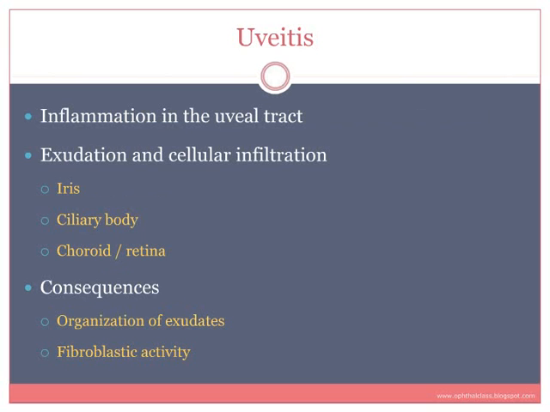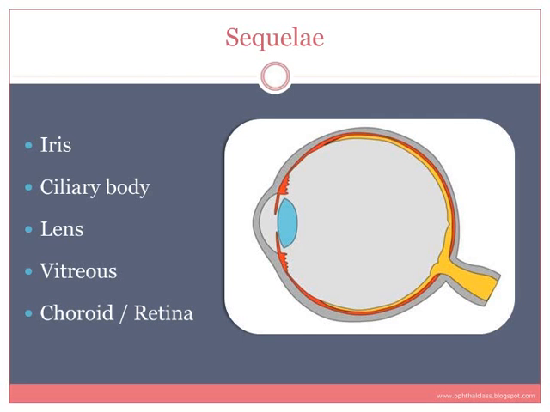Inflammation in the uveal tract is uveitis. This results in exudation and cellular infiltration of the uveal tissues. The tissues are iris, ciliary body, choroid, and the retina. The consequences of this exudation and cellular infiltration is organization of the exudates and the fibroblastic activity. We shall deal with the sequelae as occurring in each of the tissues as iris, ciliary body, lens, vitreous, and